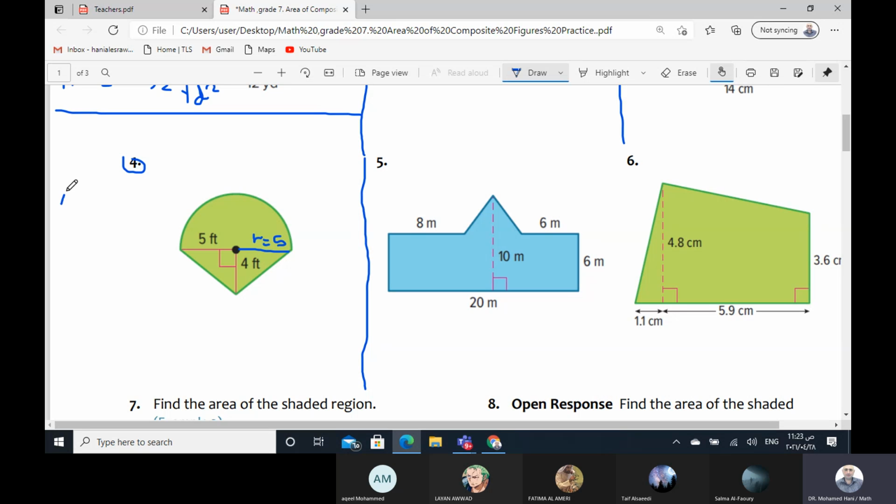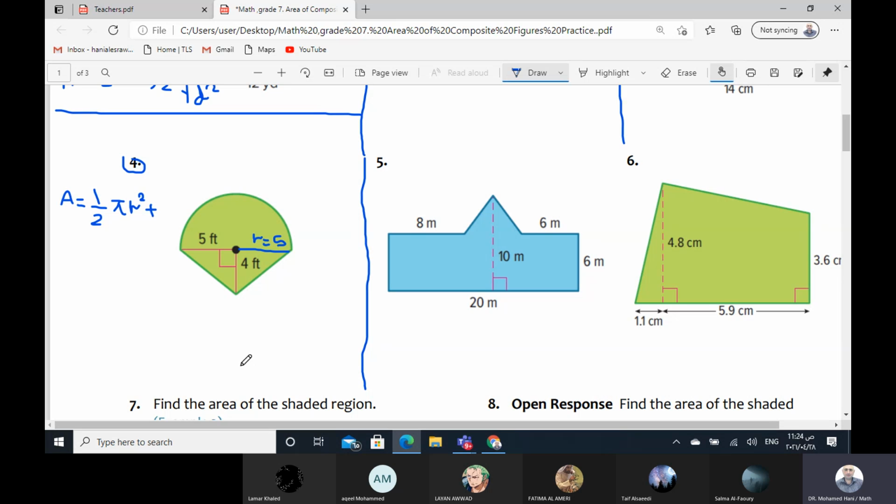So we can write A equals the area of the semicircle, which will be 1/2 times pi times the squared radius